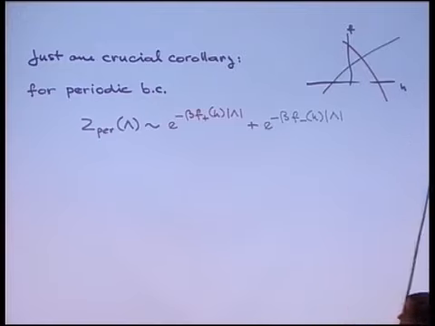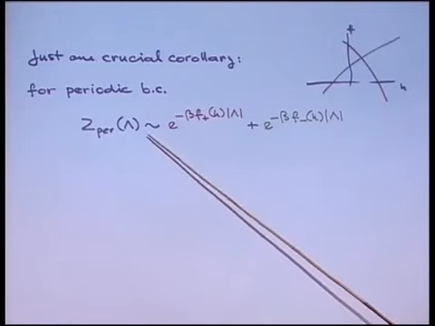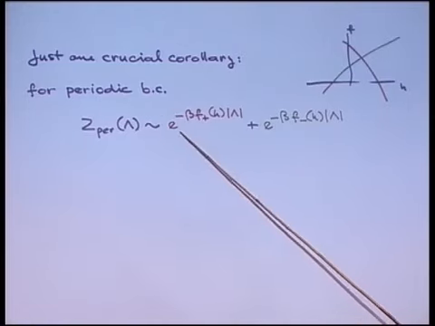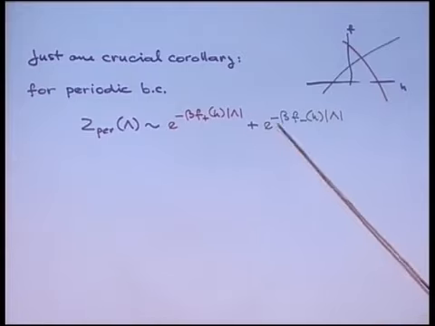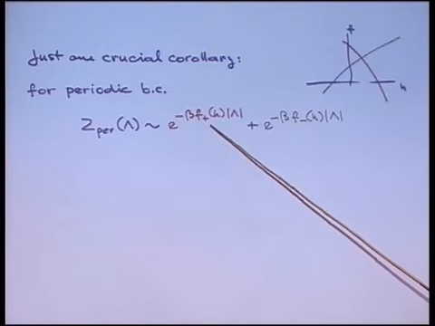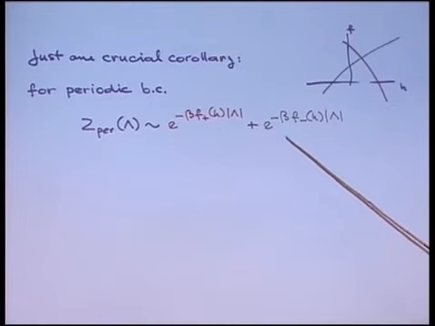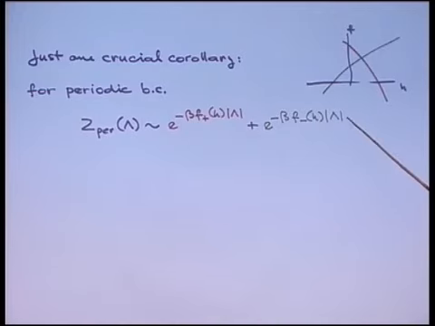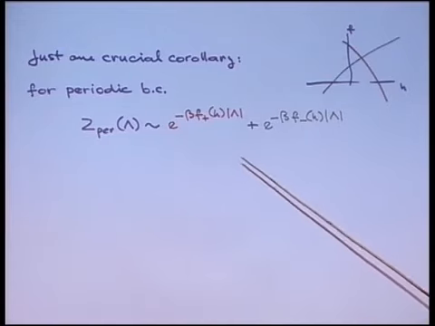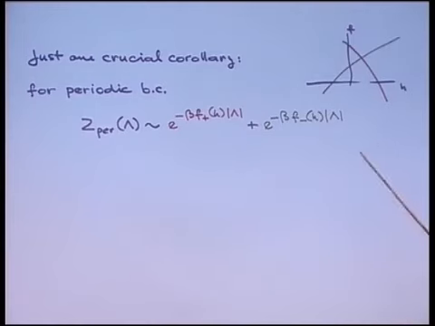And so the claim is that the partition function with periodic boundary condition is very well approximated by just the sum of two terms. One is e^(-β f_plus) times volume, and the other is e^(-β f_minus) times the volume. Okay? And when I say well approximated, I mean you can really prove that the difference can be bounded, again, by a term like e^(-β f) with the real free energy,